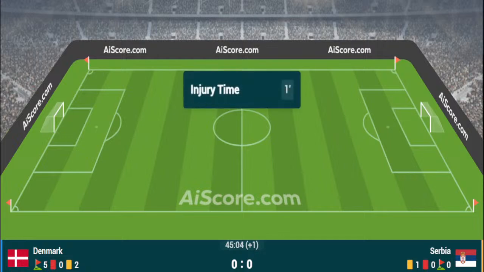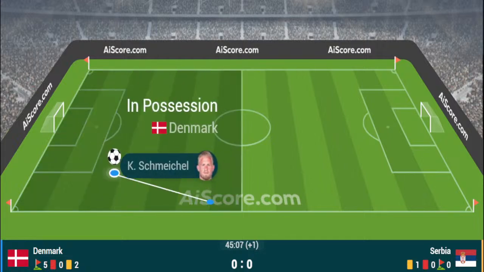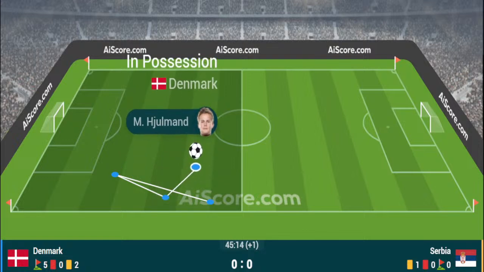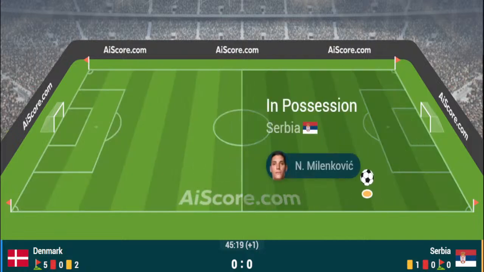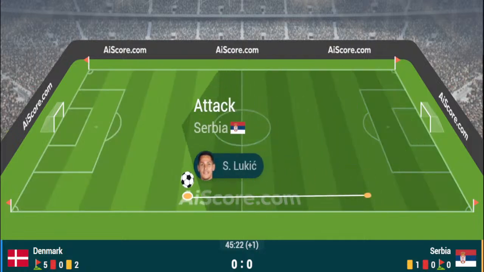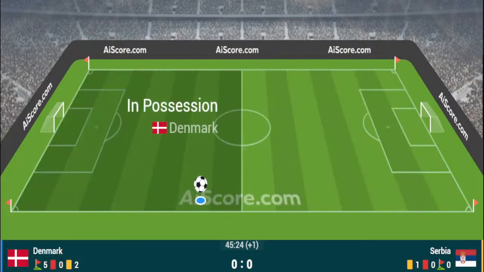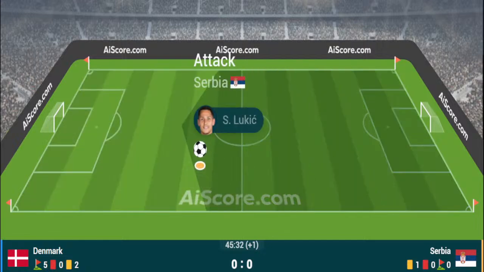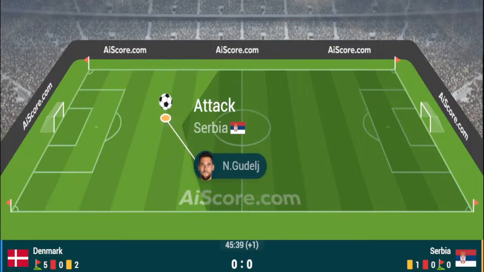Denmark in possession, deep inside their own half, firing it long towards Rasmus Højlund, goes beyond everyone and collected by Rajkovic. Rajkovic just manages to gather the ball and bowl it out to that left-hand side. And here come Serbia on the left-hand side, just shy of the Denmark penalty area. Chance now for Mitrovic, and I think there's just someone coming back to the offside position, right back to Mitrovic. And it is a free kick for Denmark as we approach the 45-minute mark.